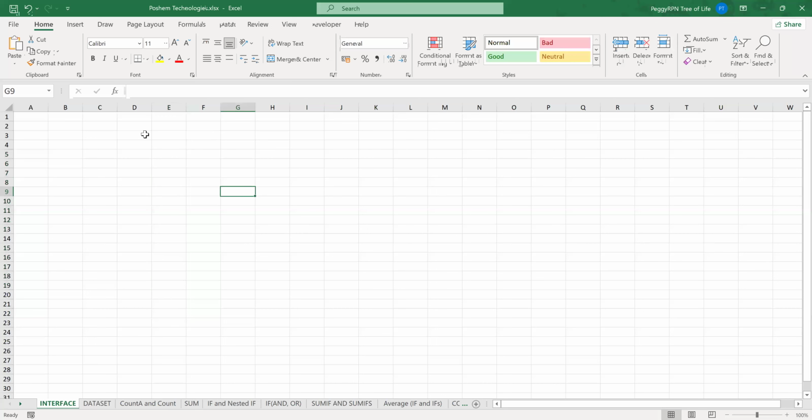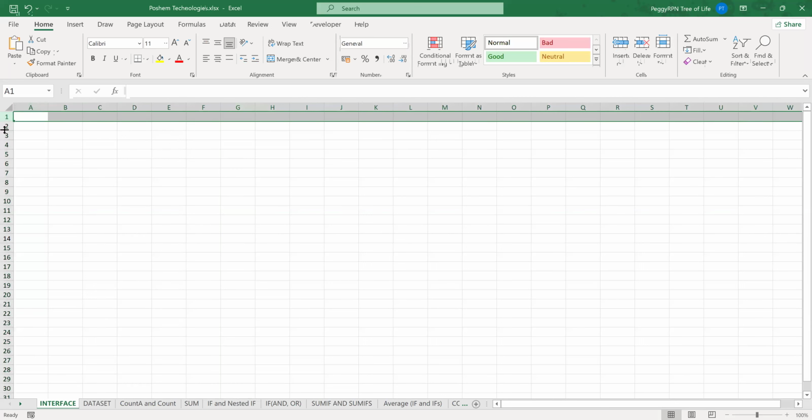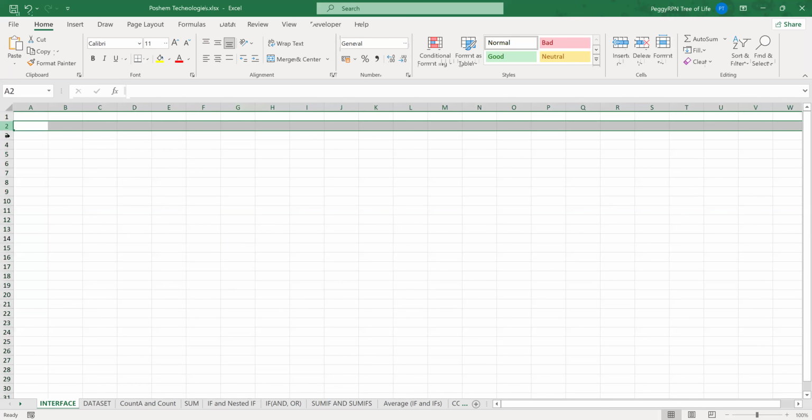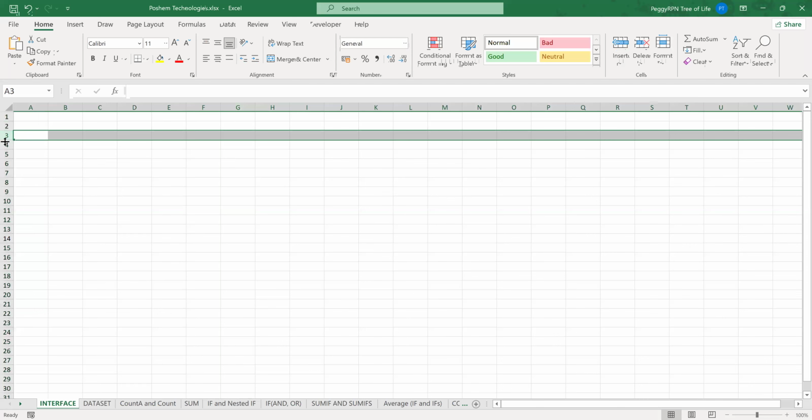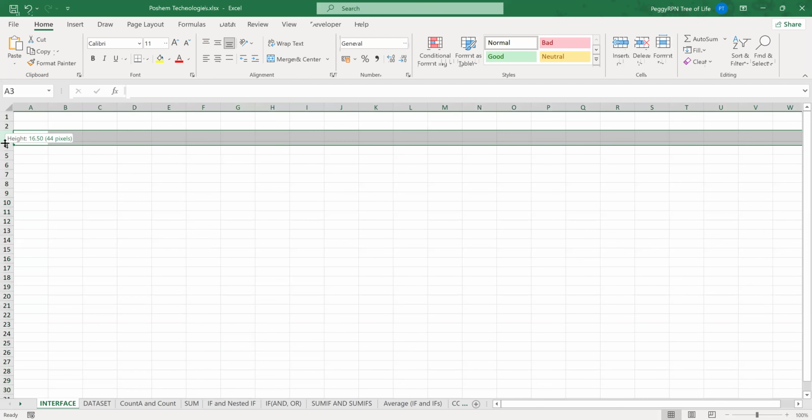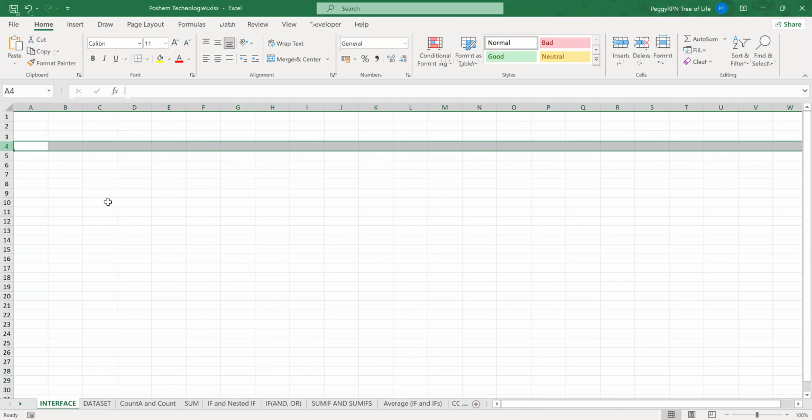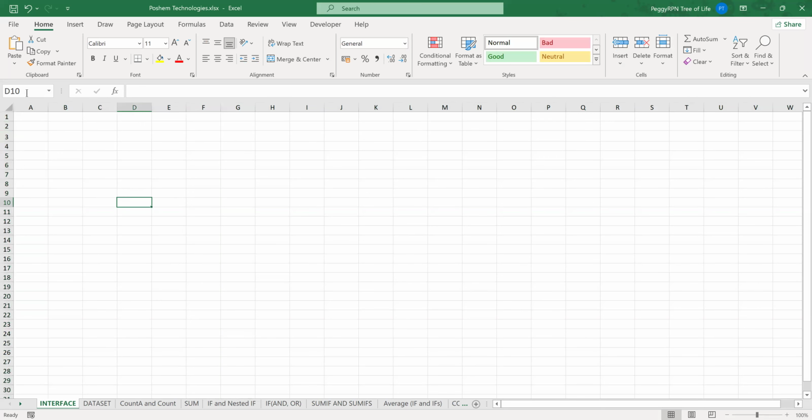Sorry for that. So columns are vertical, from up to down. This is column F. This is column G. Column E, column D is vertical, not horizontal. Now you have rows. This is row 1, row 2, row 3, row 4. So now what you have in the name box is the name of a cell, which is